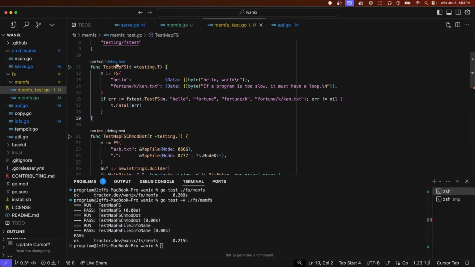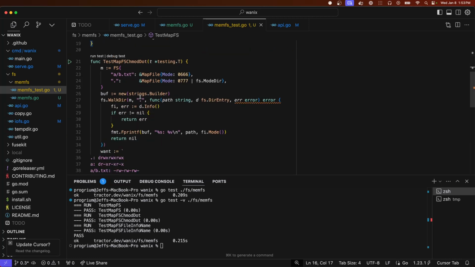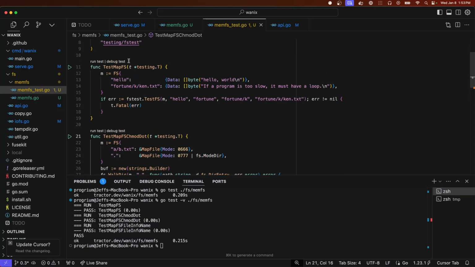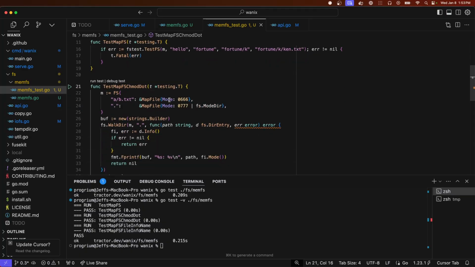So yeah, these tests, first thing is basically define a simple one, and then it uses this testfs helper to see, do these files exist in this file system? And they do, because the Go authors wrote this code. This test looks like it is letting you specify the file mode,